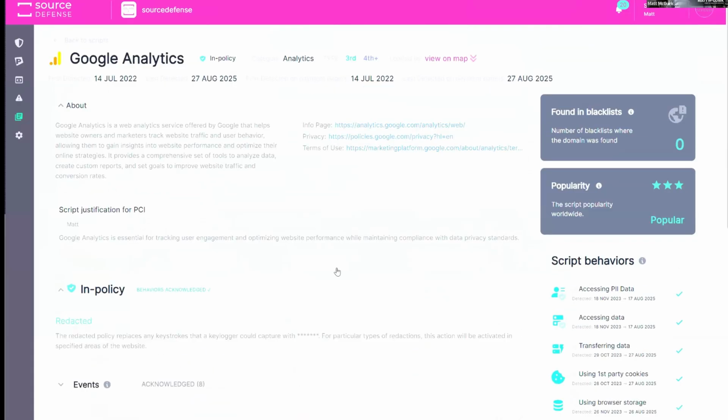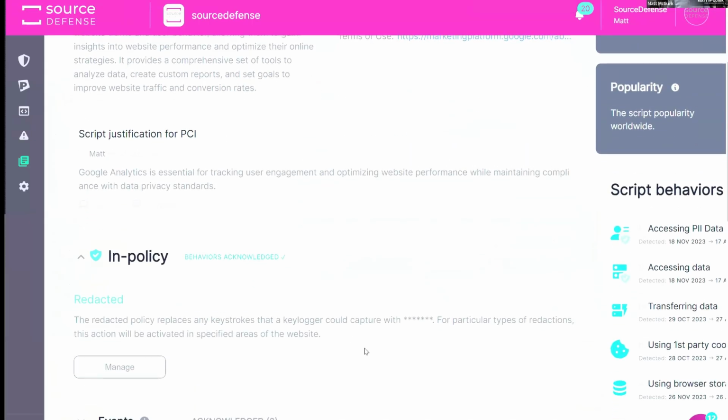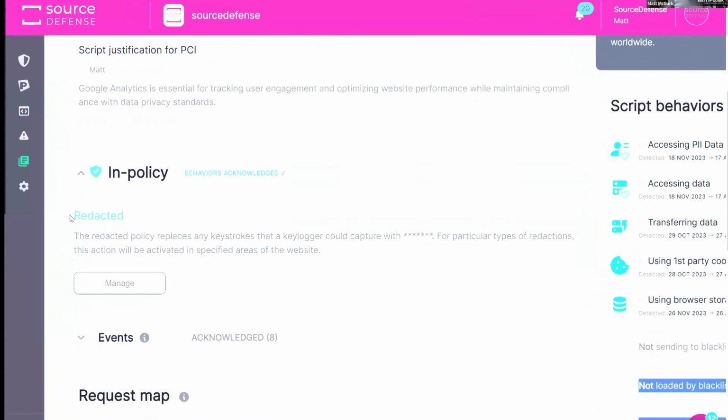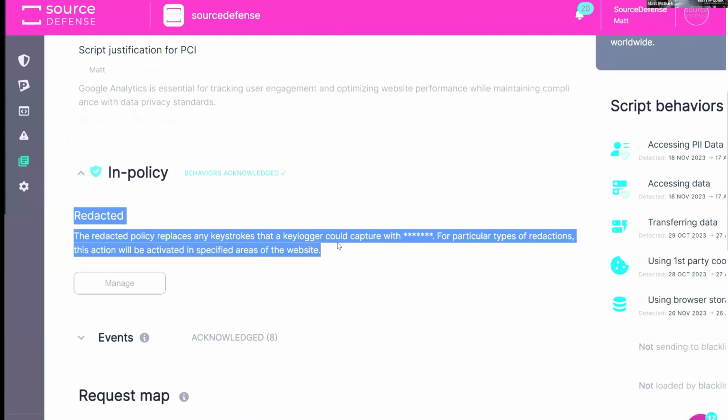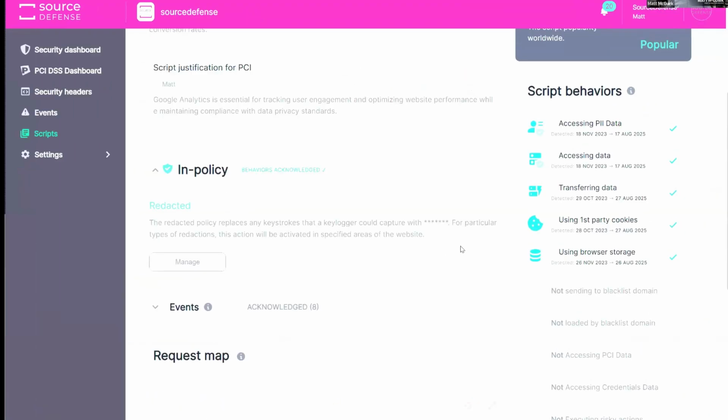The other thing I wanted to point out while we're here is something we call Source Defense Protect. That's our ability to actively control what code does as it runs inside of a web page. So I wanted to be clear, we're not just a reporting, recording and analysis tool, we're an active security control as well. For instance, I can choose to redact any sensitive information from an analytics tool like Google Analytics. So basically we would prevent this script from accessing sensitive data if it tried to. This isn't the same as outright blocking the script, or saying, hey, this signature doesn't match, so we turned off this part of the web app or something like that. We're filtering behavior, and we're doing that all the time.